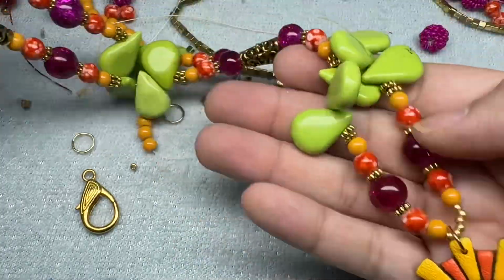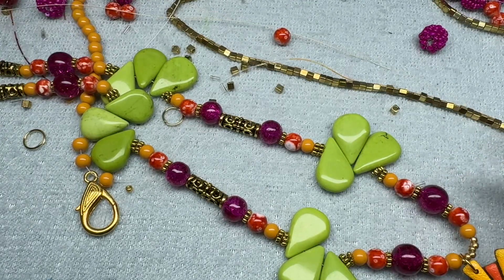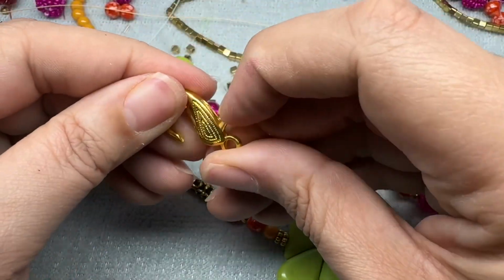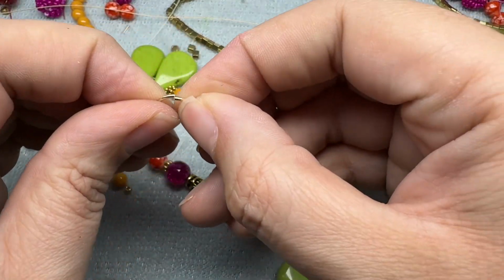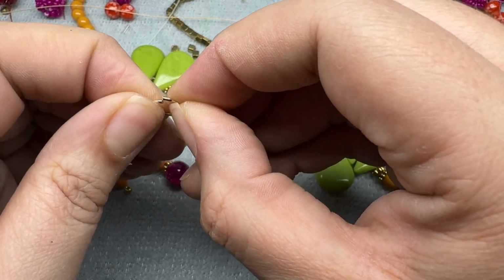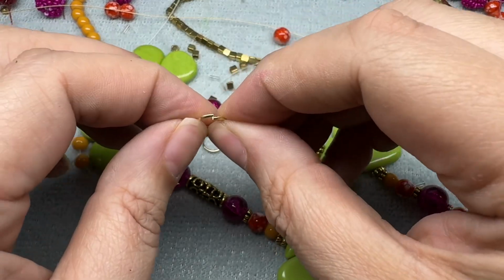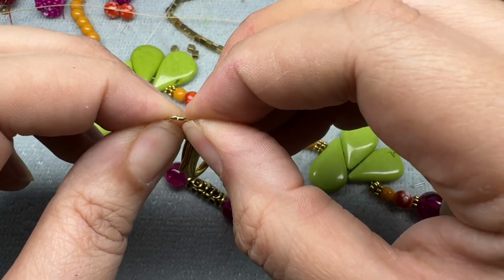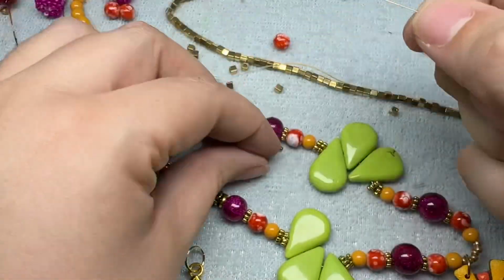It's kind of heavy, even though my pendant is super light, because I used that whole strand of the green stones. I'm going to grab a set of crimp tubes. And I got out this huge oversized clasp because I just feel like it fits the vibe, and a couple jump rings that are a little bit heavier gauge than I would typically use, just because it's a heavy necklace and the clasp is so big. I should not be using my fingers, but it is what it is. And then I will grab my wire,